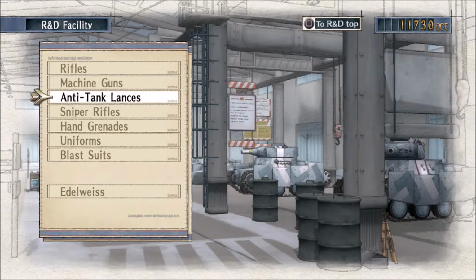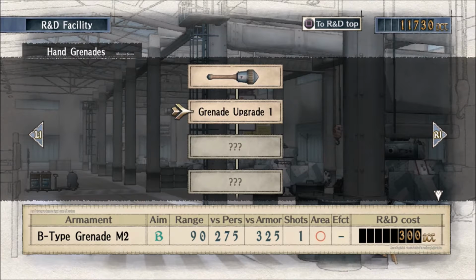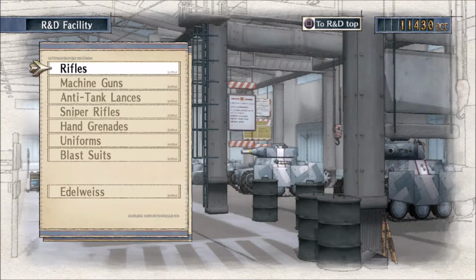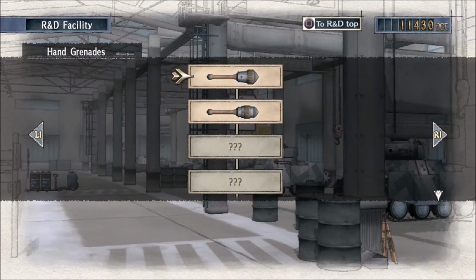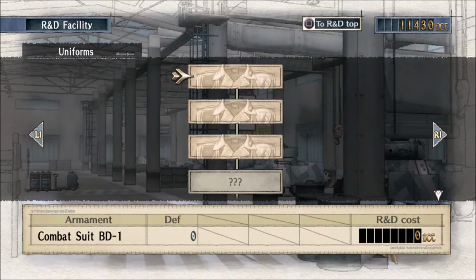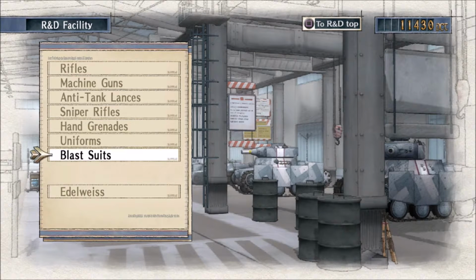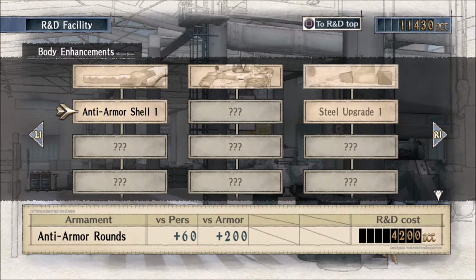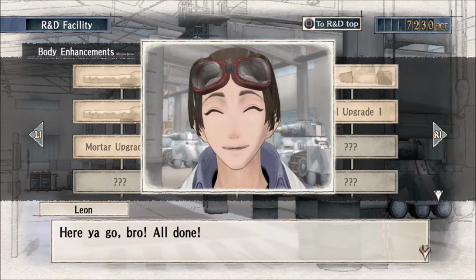As I say, once I've gone through everything else, you can actually buy an upgrade for the grenades, which is good because we will need it, as more and more enemies become stronger and stronger as the game goes on. So, now let's look at the Edelweiss itself. And if I go to body enhancements and actually buy the anti-armor shell...